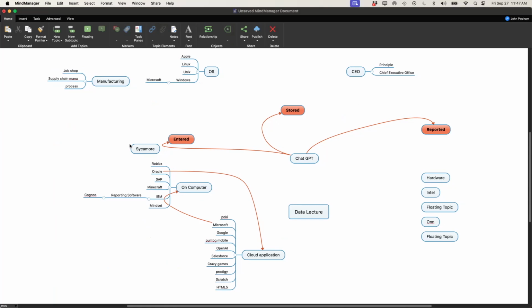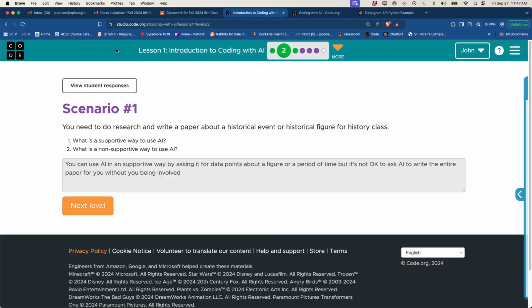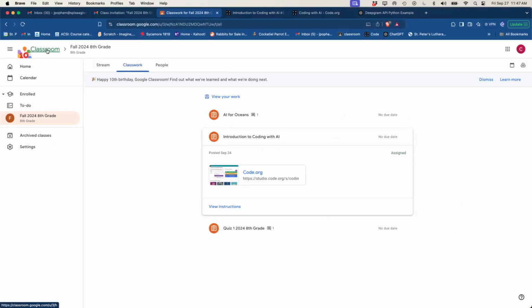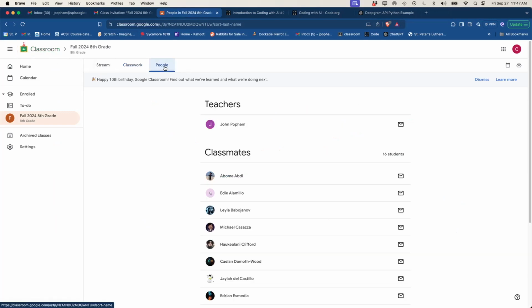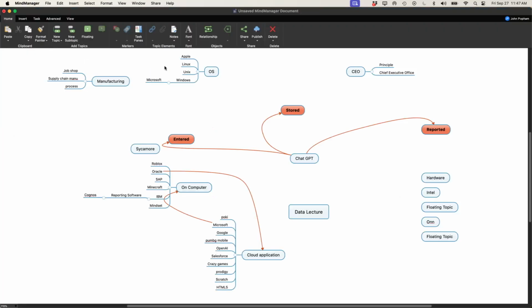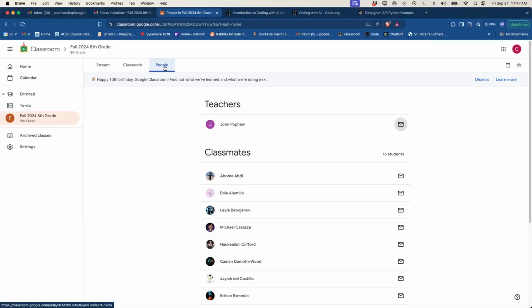If I pull up, for example, this is Google Classroom. And in Google Classroom, you have people. So when I get the class set up, I enter the data. And the data gets entered on this little sheet right here. So that orange to the left is entered. And then once it's in the system and I recall it, it's living in a stored environment. And when I go in and do your grades and make a grade report, it's making a report of this